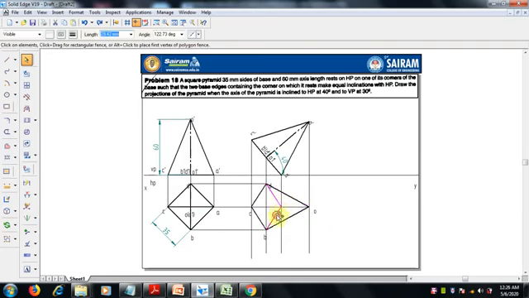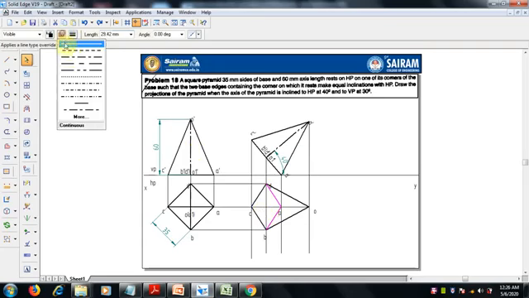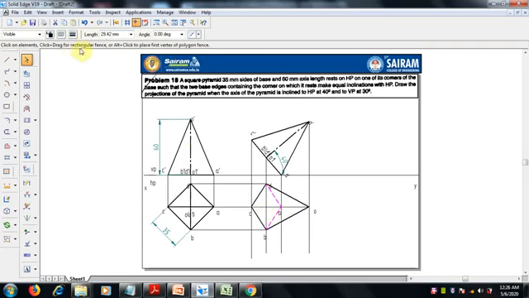Only these two we have to make as hidden lines, thick hidden lines. Then B to O, A to O, C to O, C to O also visible line. From the top you can see C to O is visible only, right? And moreover the visible edge is joining, so it's a thick line. Select this line and make it a 0.5 mm thick line.